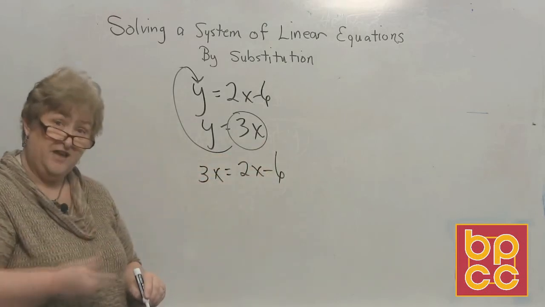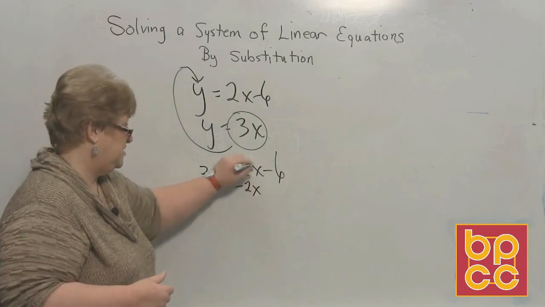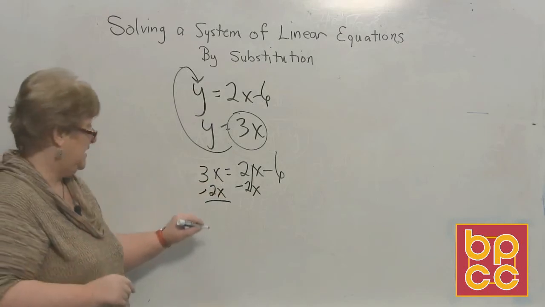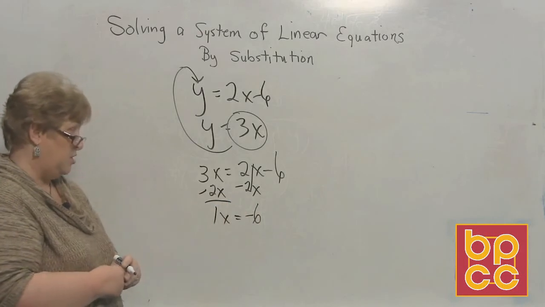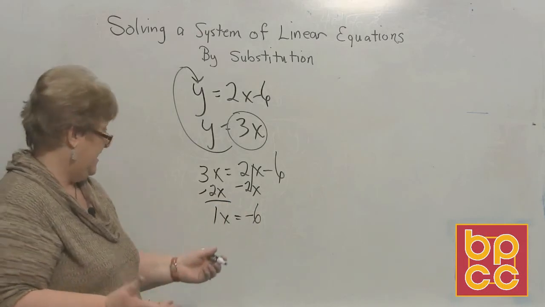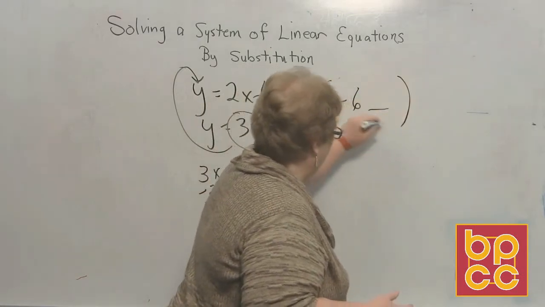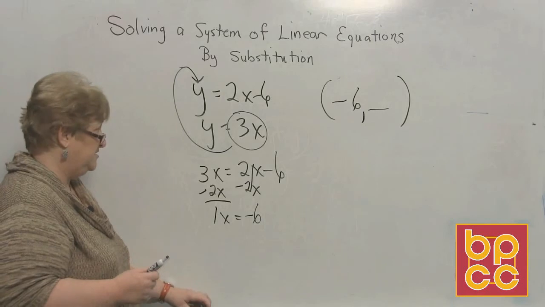It's time to move the x's, get them on the same side. So I'm going to take away 2x to clear, and I'm going to take away 2x. I now have 1x left equal a negative 6. So we have solved for x. x is a negative 6. And we'll find out in just a minute what y is. All right, if x is a negative 6,